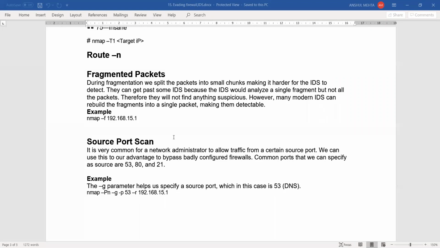Now you have to allow DNS traffic, and DNS traffic comes from port 53. Similarly, HTTP is port 80, HTTPS port 443. In this example, port 21 is also mentioned, which is for FTP. Now, FTP is one of those protocols which is not always used, so it might not be useful.